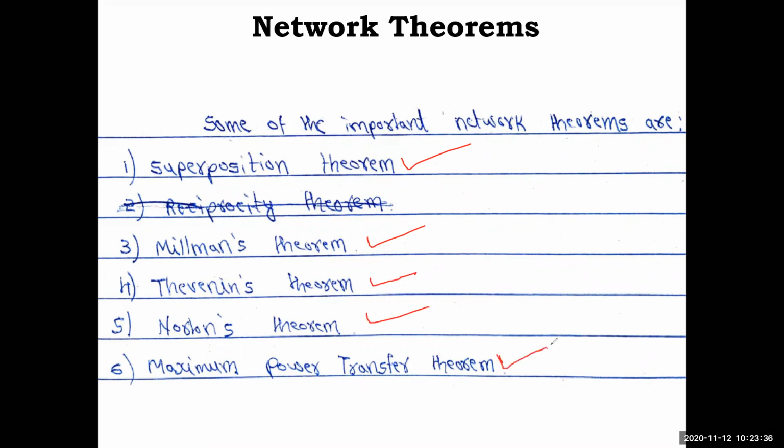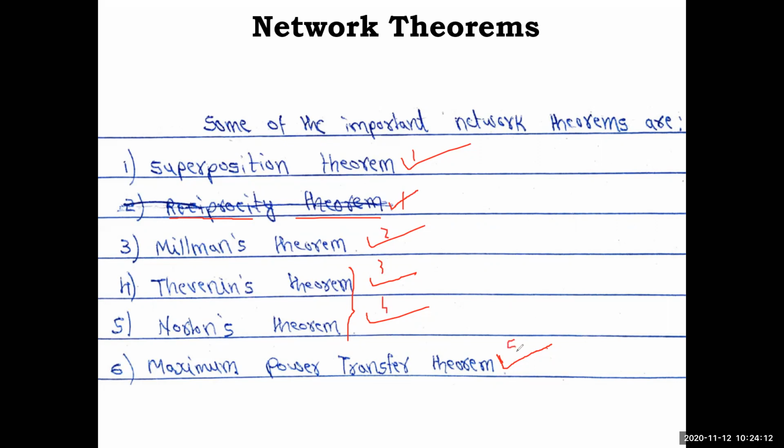I may have mentioned in some of the videos in the previous module that Thevenin's and Norton's are two very important theorems, so we are going to study them also. There is one more theorem I have mentioned here because it is from my old syllabus, the 17 scheme; you are learning the 18 scheme now. The reciprocity theorem, Tellegen's theorem and others have been removed in this syllabus. That's why we are studying only five: superposition, Millman's, Thevenin's, Norton's, and maximum power transfer theorem.